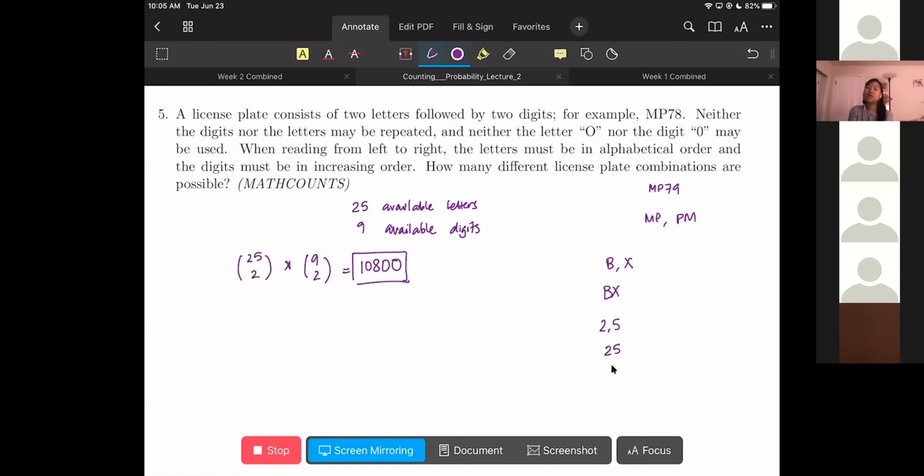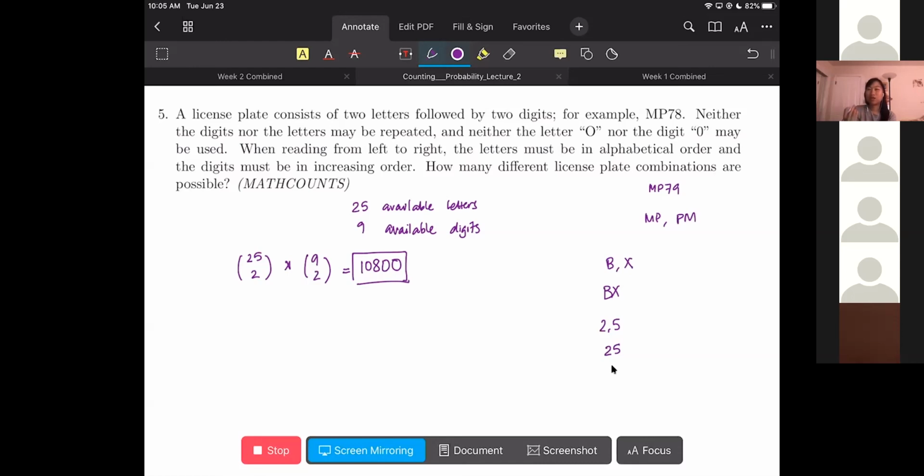Well, the thing is, you don't know what that letter is going to be. So unless you're going to do casework, it's going to be really hard. The other thing you can think about is how this question generalizes. Instead of a license plate consisting of 2 letters followed by 2 digits, what if the license plate consists of 3 letters followed by 3 digits? And so in that case,